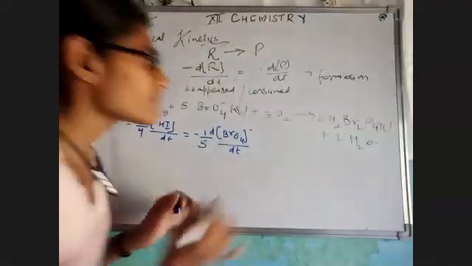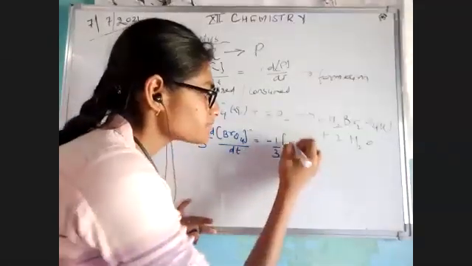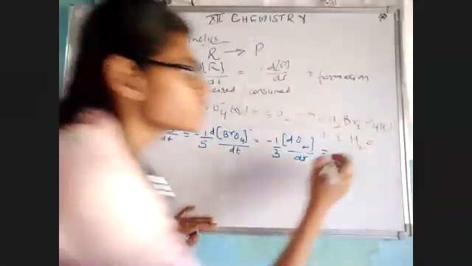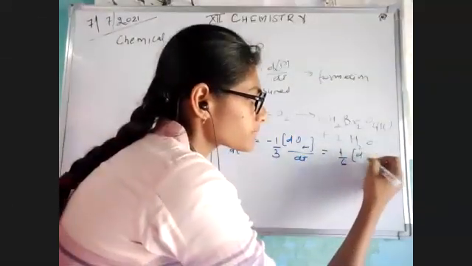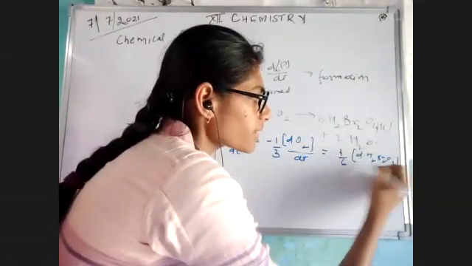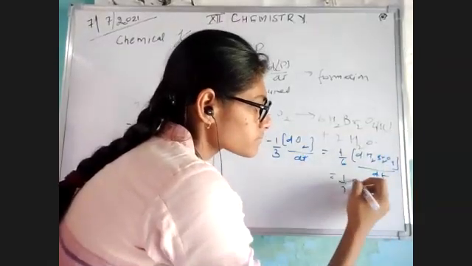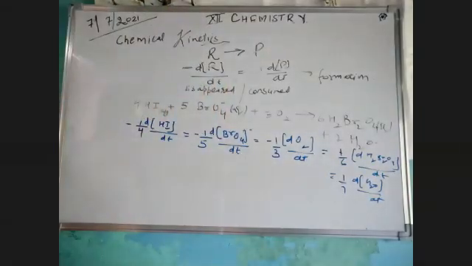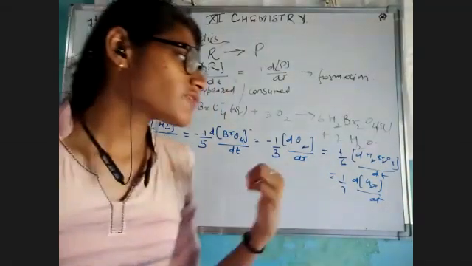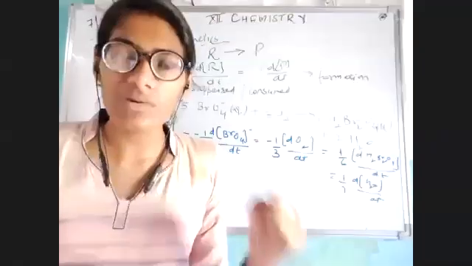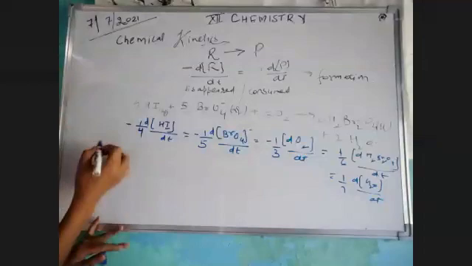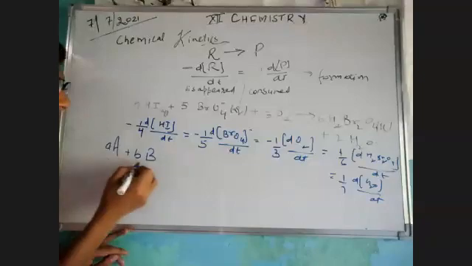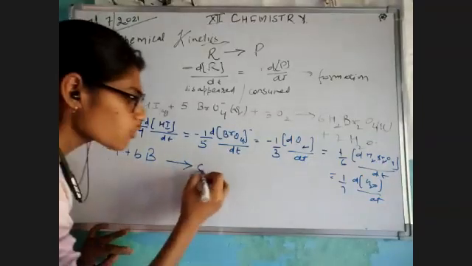And the same as it is, if I'm talking about this, they all are equal to the formation of product. Clear? I hope you have got the point. If I take another equation, it will give you the same concept. So overall, I can make a general equation. Suppose I have a reaction with reactants small a A plus small b B, going to small c C plus small d D.